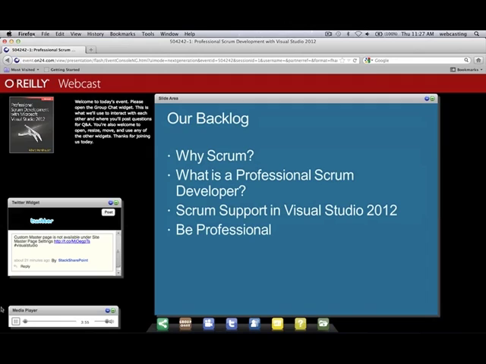So we'll take a moment and talk about Scrum support in Visual Studio 2012, focusing mostly on the managing and planning of work and not so much on the engineering practices. I know developers like to get into the weeds and talk about testing and design, coding, and best practices, and there's a ton of support in 2012 for that. You know, the new features in Premium, Ultimate Edition, and TFS.